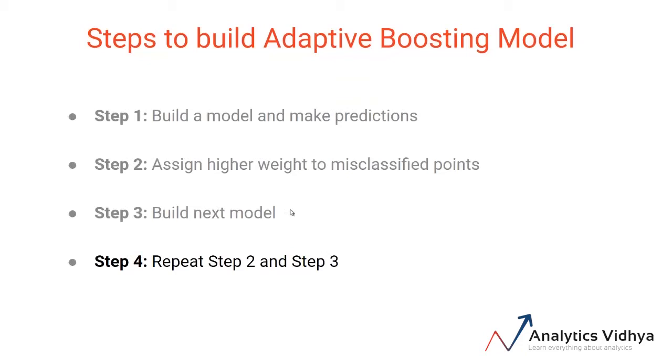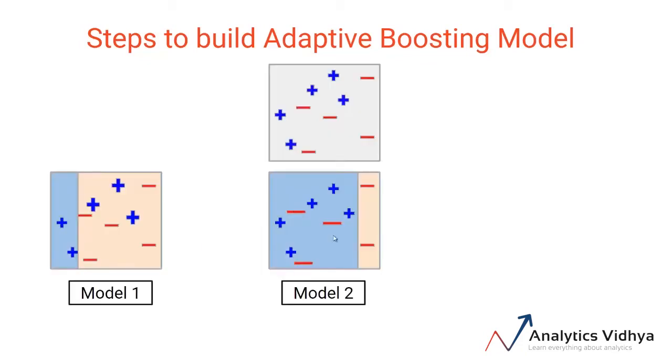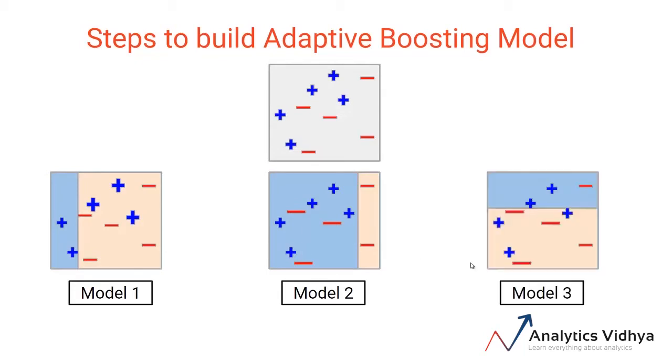So in our example, we had misclassified three red points. So these points are getting a higher weight now. As you can see, a bigger size of these points. Now we build the next model over it, which is here model 3. And the task of this model was to focus on these three red minus points which were misclassified. So the decision boundary would be something as shown here. Again, you can notice that model 3 is trying to classify these points correctly. And again, this model has made some incorrect predictions for the four points, these three plus on the negative side and the minus here.